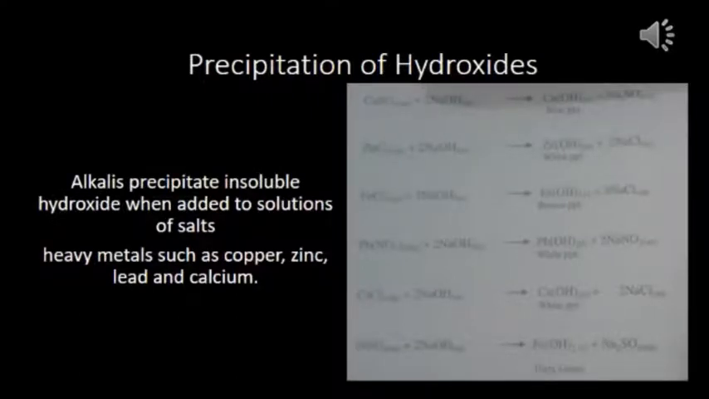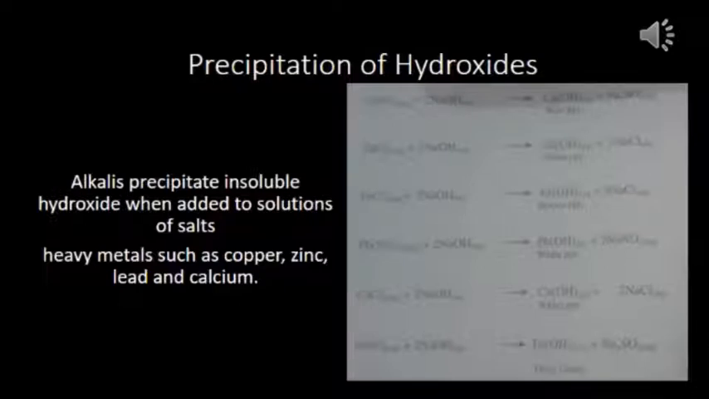Precipitation of hydroxide. Alkalis precipitate insoluble hydroxides when added to solutions of salts of heavy metals such as copper, iron, zinc, lead and calcium. Whenever a base reacts with the copper salt, iron salt and the zinc salt, they produce distinguished colors which help us to differentiate